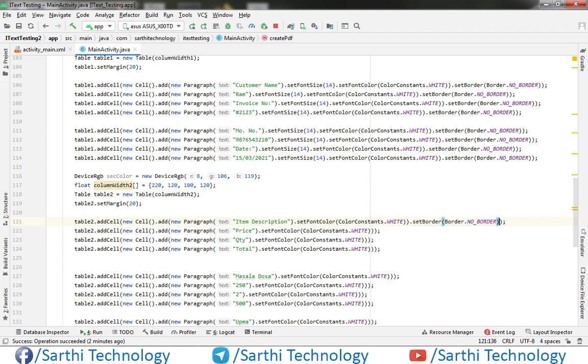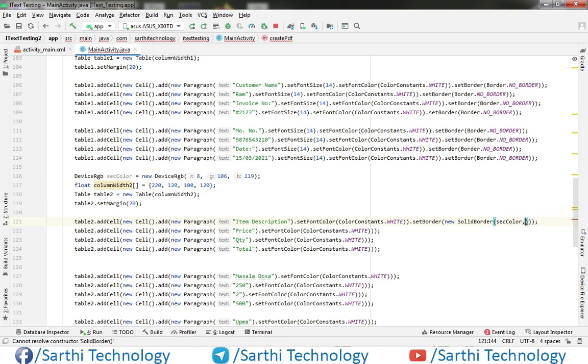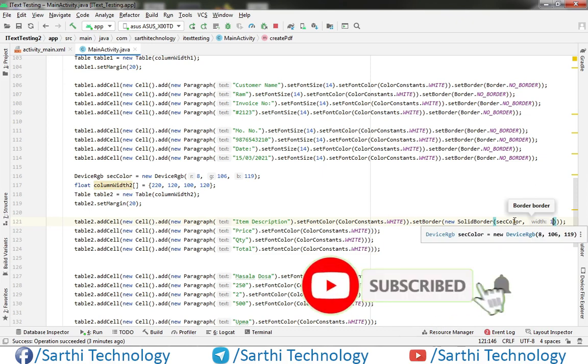Instead of no border we need to change the border color, and for that here we will use solid border. So new solid border, and first we will pass this color, so secondary color comma 1. So 1 is the width of line and this is the color. And let's copy this.